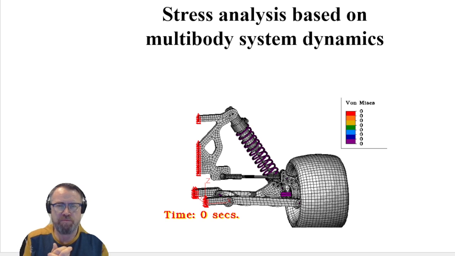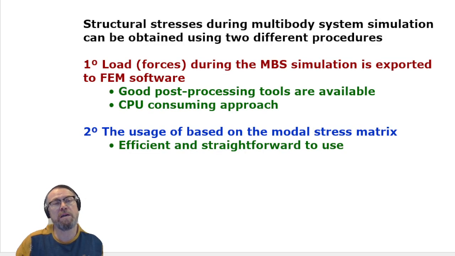We have basically two ways to make things happen, and both are okay. One is my preference, another one is something that is kind of straightforward but comes with a little bit of practical difficulties. And these two ways are as follows. Once you have analyzed your multi-body system dynamics, you can use all the loads, which is all the forces, including joint forces, which are reaction forces, and inertial forces, and whatever forces you have imposed on the body, and export them from multi-body system simulation software